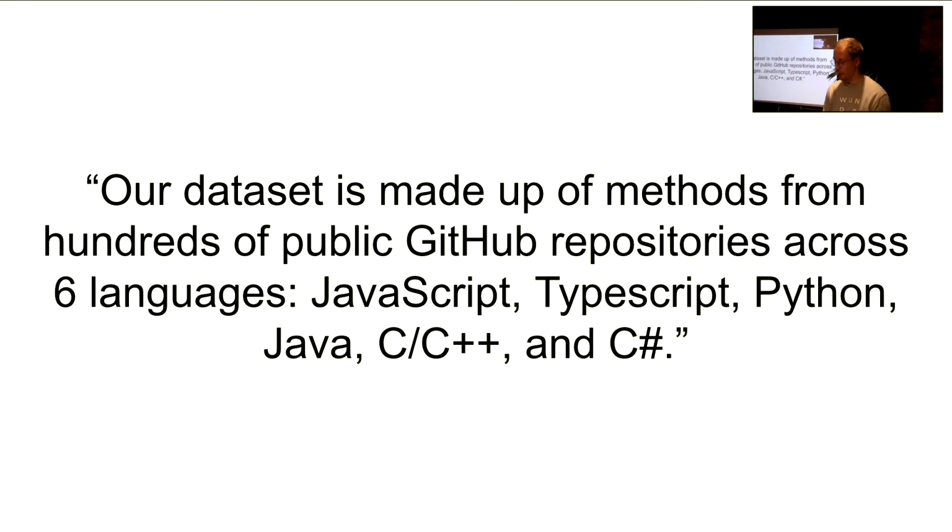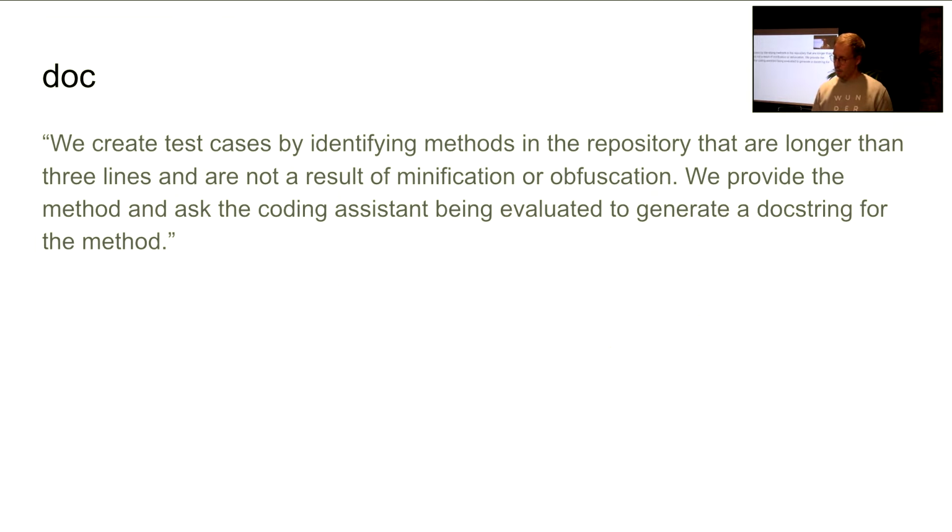This is what the data consists of for this team: methods from hundreds of public GitHub repositories across 6 languages. If you would need to implement this for your team, I'm pretty sure that your team has other better things to do. This might take too much time to get a possible 5% improvement rate in the outputs of your agents. So that's not something that's realistic, I think, for teams to build.